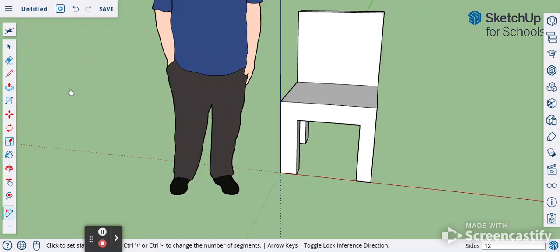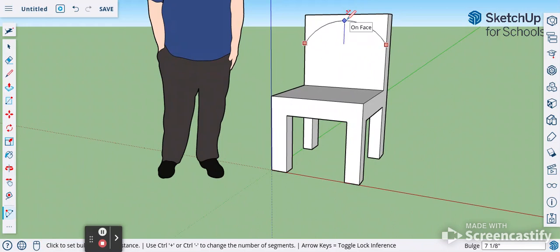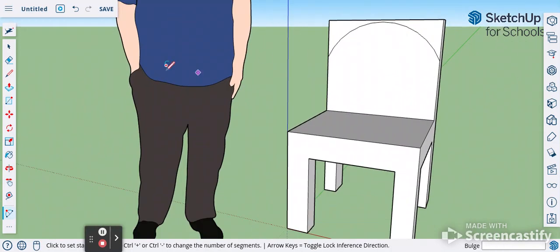I'm going to go 2-point arc. I'm going to start on one side, click, move across to the other side. You can see it starting to look like what an arc's going to look like, and click on the opposite side. So I've clicked to start, click to end, and now when I move my mouse up or down, you can see I can start to draw my arc. So I'm going to come up. Now here's a tip. If you don't touch the top, you only have one shape to get rid of. So I like to not touch the top. If you want to be very particular, you can zoom right in and get a bit closer and more detailed. So I'm going to go about there. And now you can see when I grab my push-pull tool,